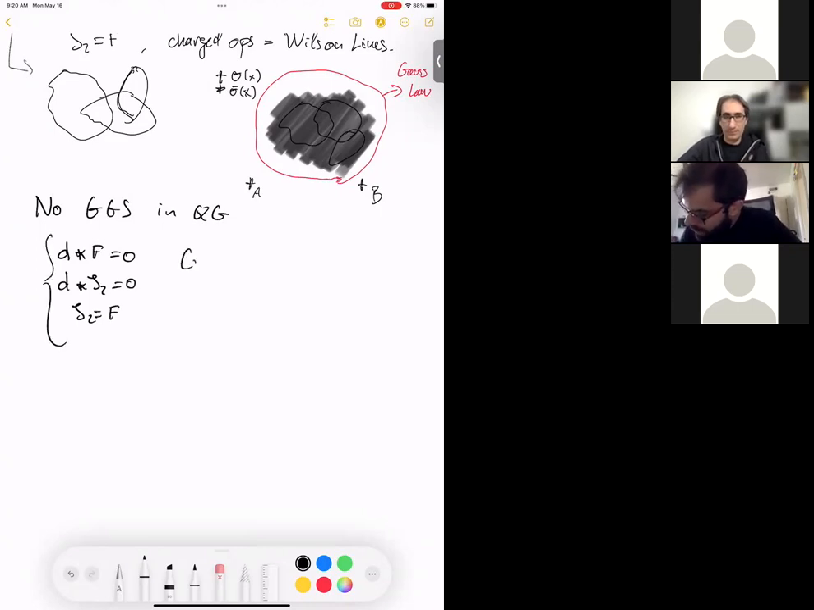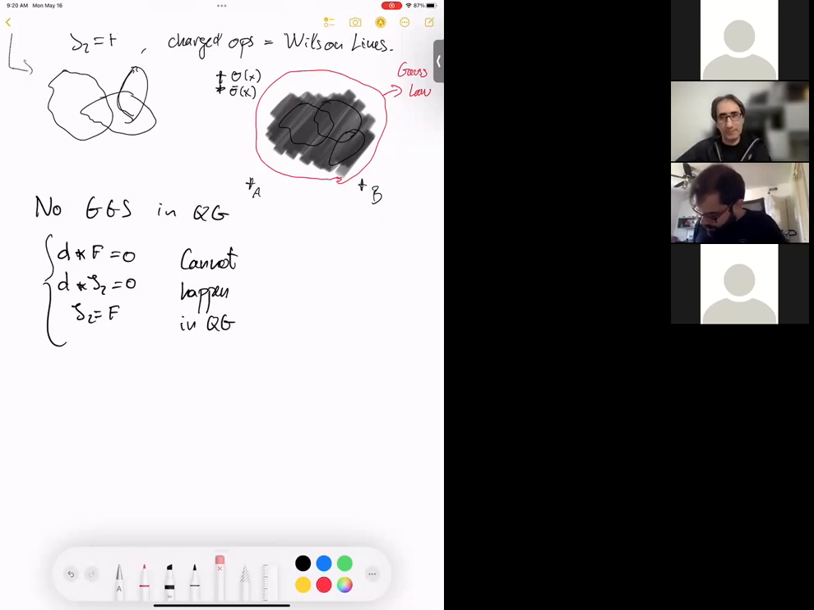Okay, this cannot happen in quantum gravity. It just cannot. So if someone comes and tells you, how do we fix this? What do you do about it? Well, about the only thing that you can do is to say, well,